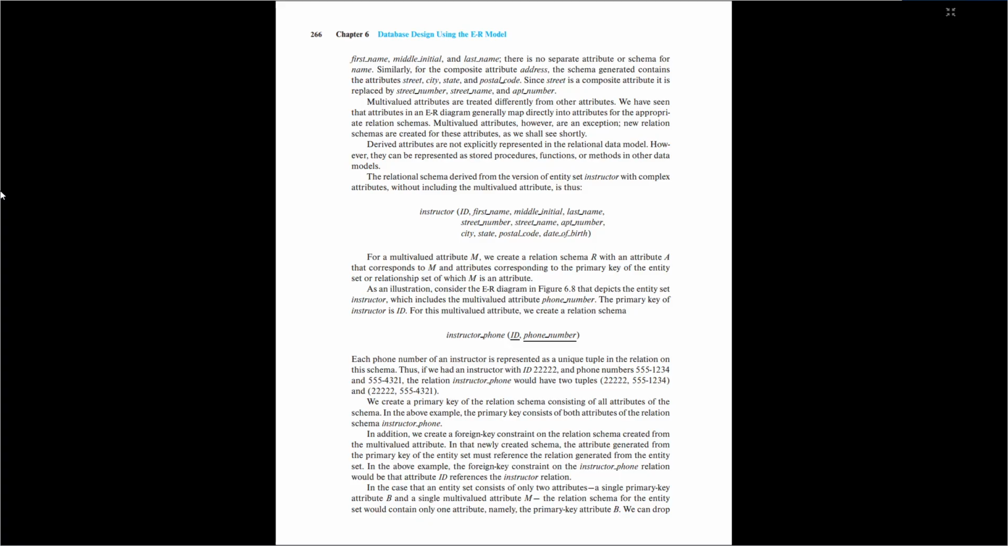As an illustration, consider the ER diagram in figure 6.8 that depicts the entity set instructor, which includes the multivalued attribute phone number. The primary key of instructor is ID. For this multivalued attribute, we create a relation schema instructor phone (ID, phone number). Each phone number of an instructor is represented as a unique tuple in the relation on this schema. Thus, if we had an instructor with ID 22222, and phone numbers 555-1234 and 555-4321, the relation instructor phone would have two tuples,